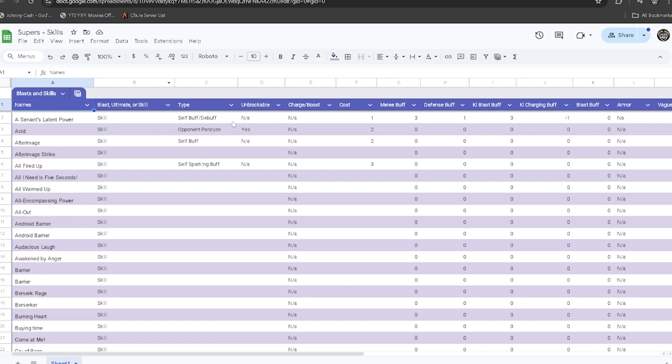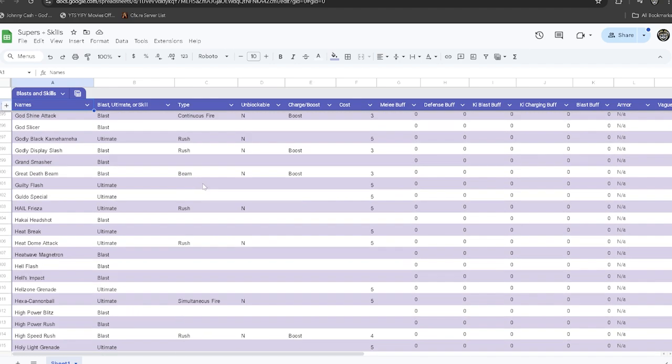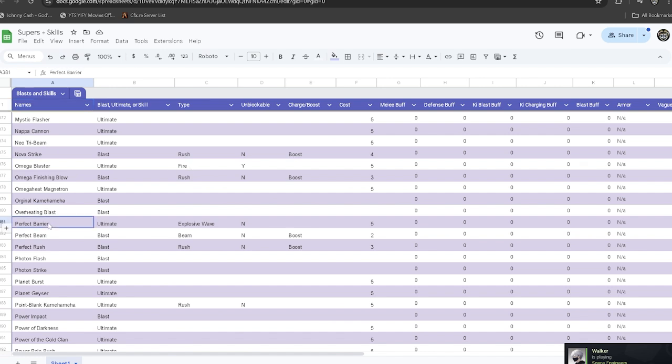If you look at this document, it is massive. We can scroll down for so long, and it's so big. It's just ridiculous. So let's just take one of these. Perfect Barrier, right? It is an ultimate blast. It is an explosive wave. It is unblockable. No, so it's not unblockable, and it doesn't have a charge or a boost, and its cost is 5